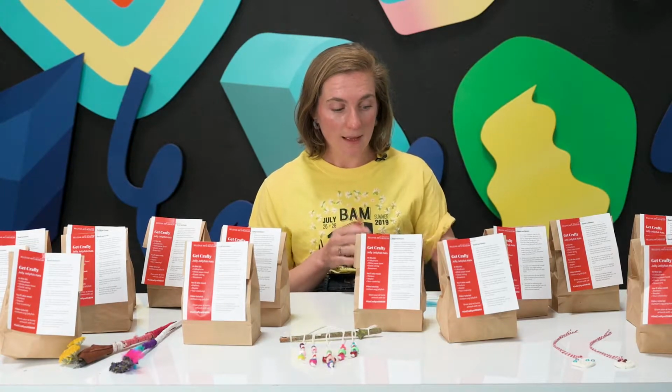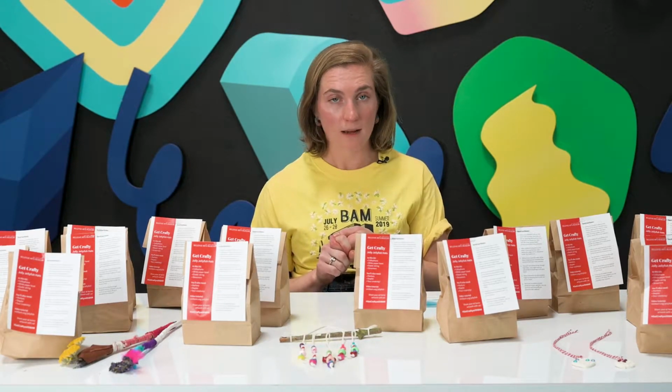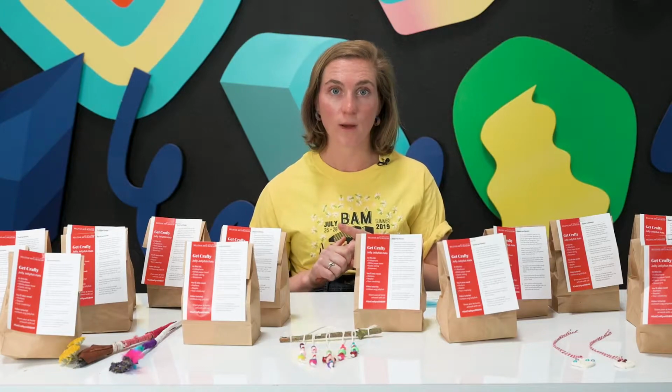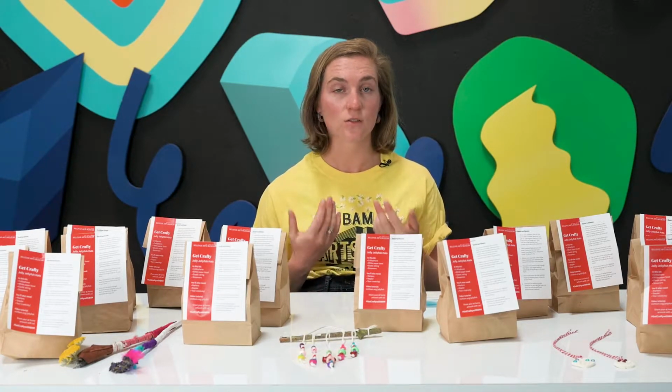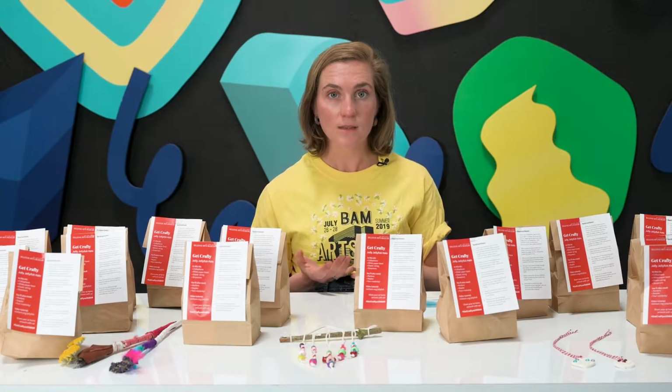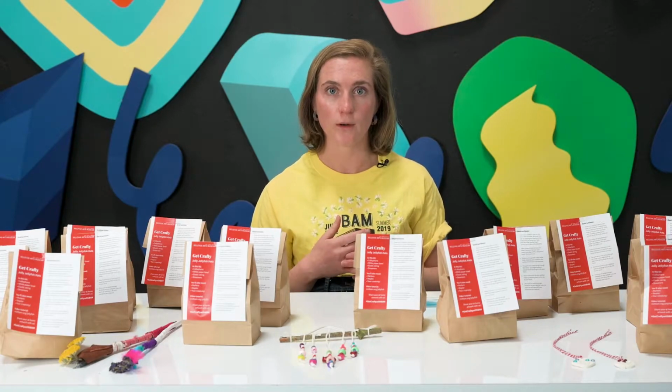We are going to be wearing masks. I got mine all ready to go. We're going to have hand sanitizer available to everyone. There's going to be stanchions set up as well as sidewalk chalk on the ground to tell you where you can safely stand to socially distance from everyone else. And you'll be able to pick up your art making kit and take it on the road and make art